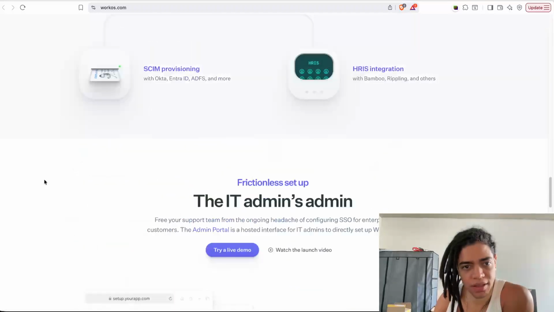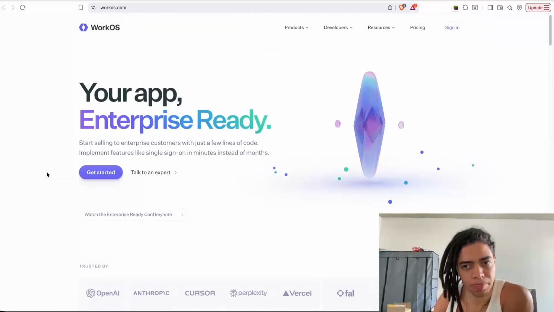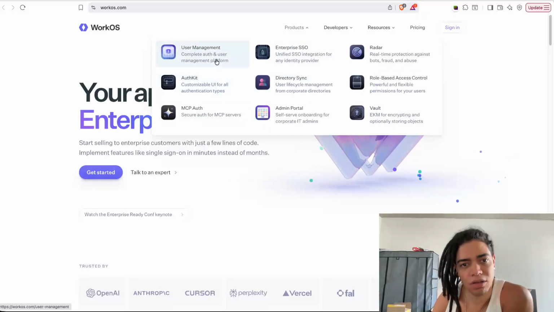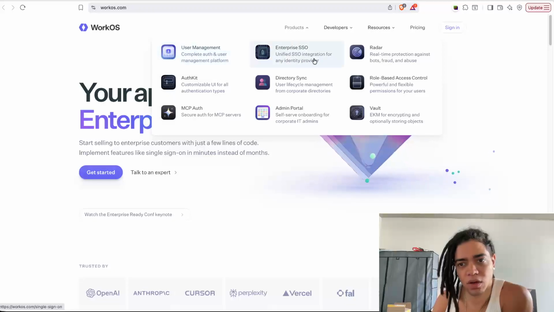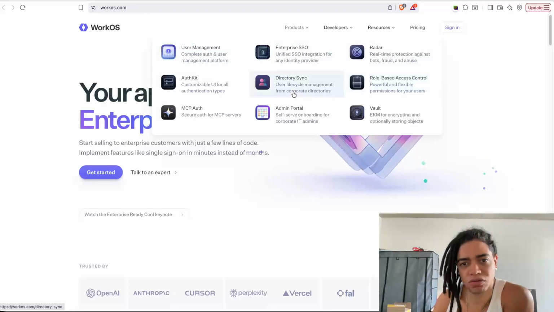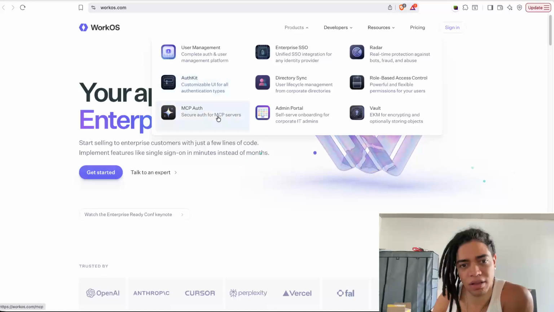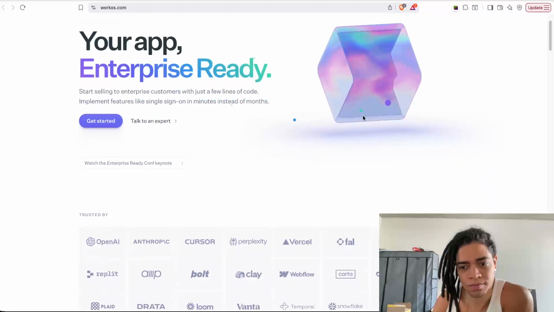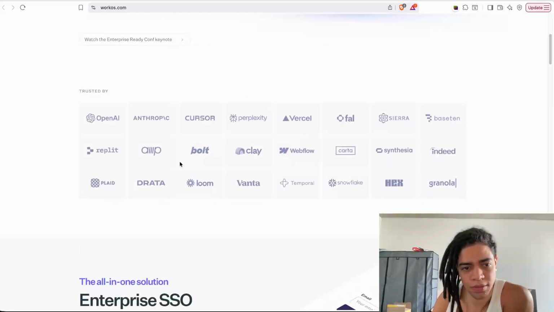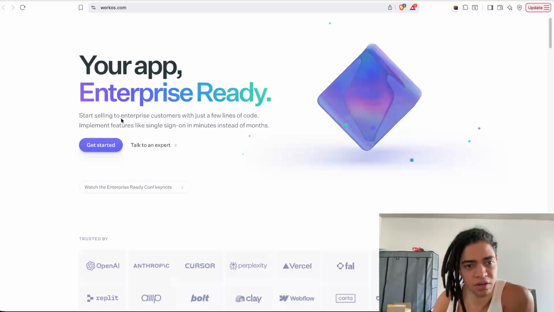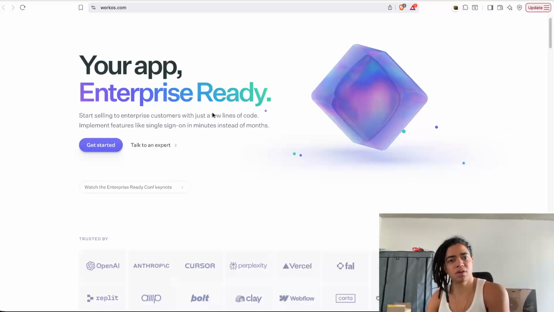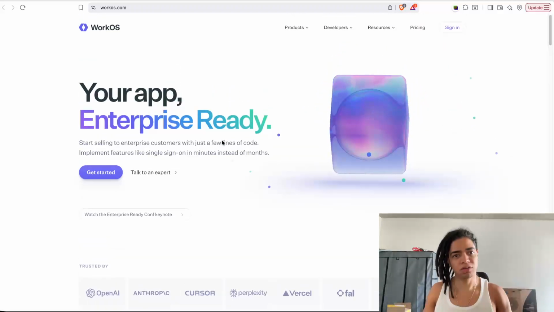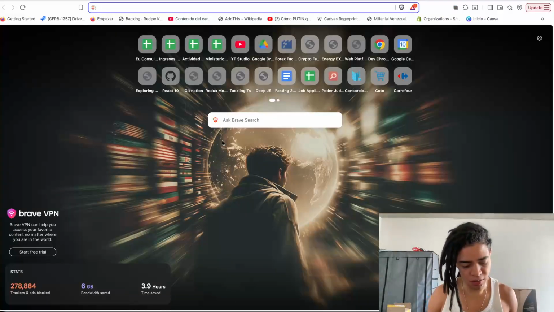WorkOS. I do get why. User management, enterprise SSO, Radar, role-based access control, directory sync, AuthKit, MCP auth, admin portal, Vault. Start selling to enterprise customers with just a few lines of code. Implement features like single sign-on in minutes. So you have WorkOS, and the other is